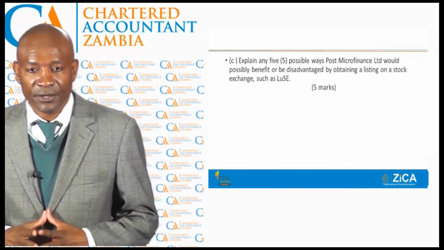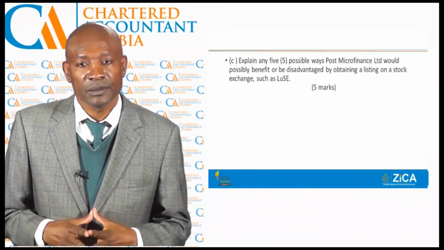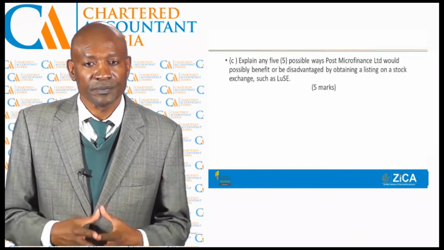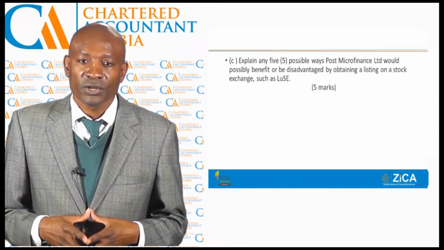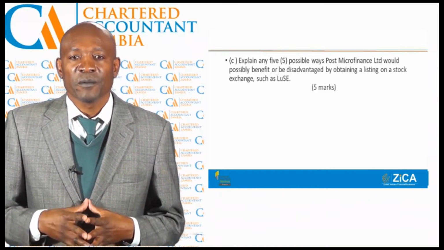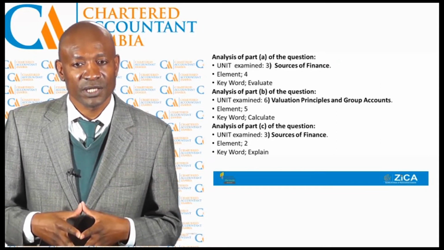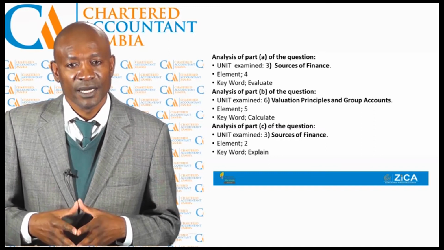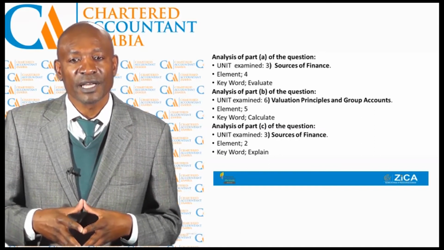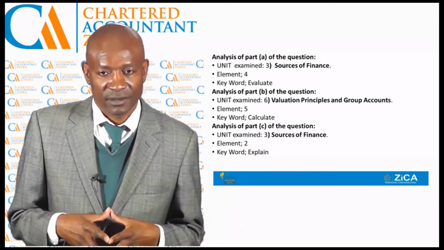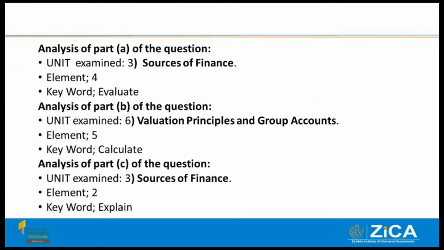Okay, so this is how you would analyze or break down the question. Obviously, for part A, you need to identify the area of the syllabus, which is sources of finance, which is element 4 in the syllabus. And the question is asking for, the key word is evaluate. Evaluation requires discussing the pros and cons of